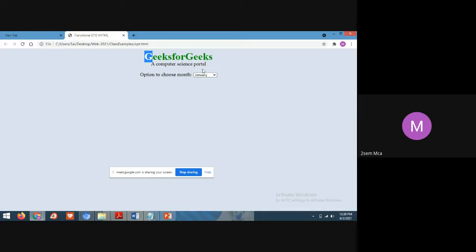For all this, we will use this option tag. Yes, in this option tag, we can see all the 12 months of a year: January, February, March, up to December.